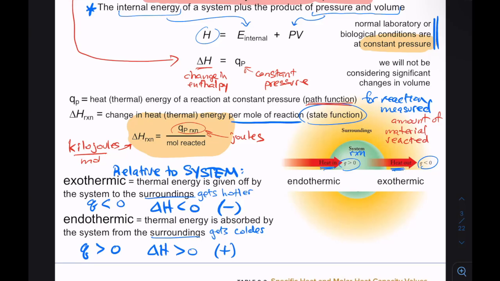Okay, so now I'm going to repeat what I said earlier, but I'm going to write it on the slide because it's that important, okay? It's not negative or positive energy. There's no such thing as negative energy. It's just energy. It's an absolute value of energy, okay? The positive and negative sign just tells you the flow of energy. That's our convention. If it's exothermic, it's all relative to the system, okay? If it's exothermic, that means energy is flowing from the system to the surroundings, and we give that a negative sign, right? So negative or positive is just the convention